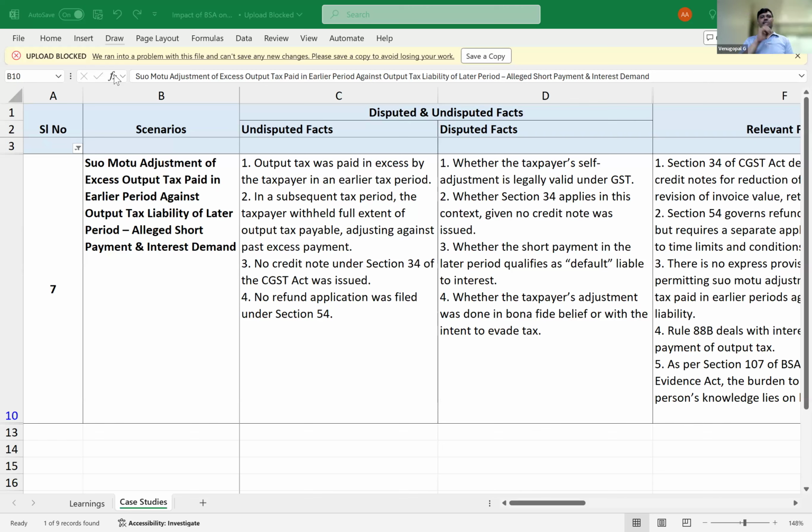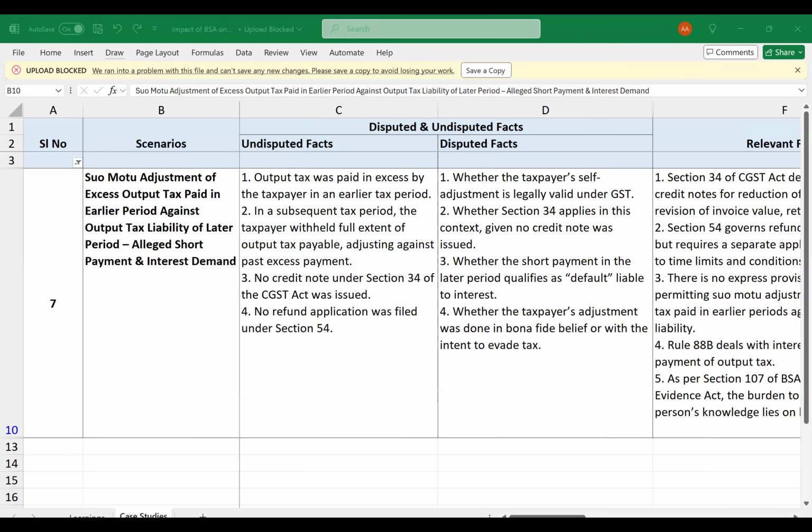That's where, madam, I'm saying, yeah, if it is traveling from 61, 65, it has to be reasoned. The audit happened, the investigation happened. Now, out of the blue it is coming. That is where I'm saying there will be DRC 01A, which will do the analysis of it, and there would be a reasoned show cause notice. So when it is coming from 61 or 63 or 62,